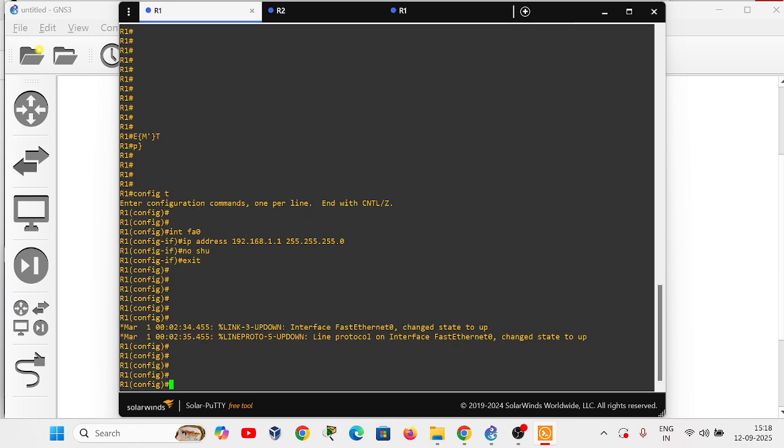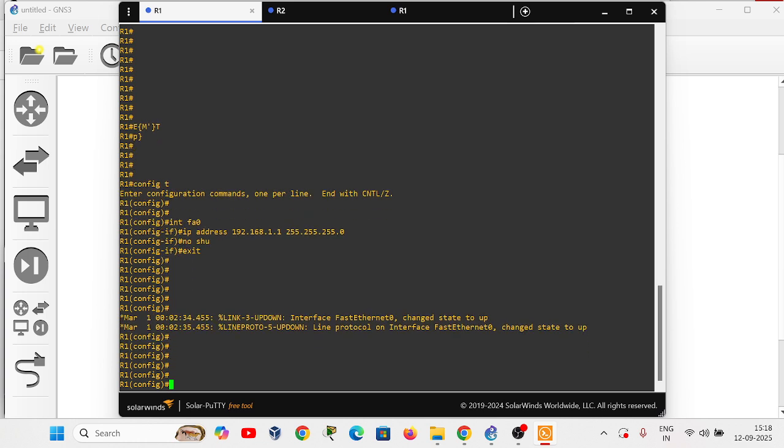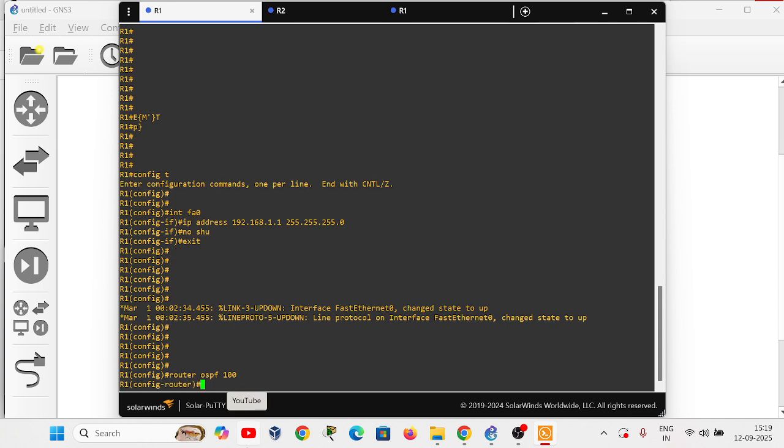Now we form the neighborship by using the OSPF routing protocol. Let us configure the OSPF routing protocol on both routers: router OSPF 100, network 192.168.1.0, /24 wildcard mask 0.0.0.255 and area 0.